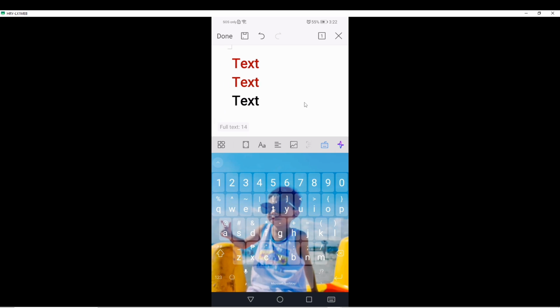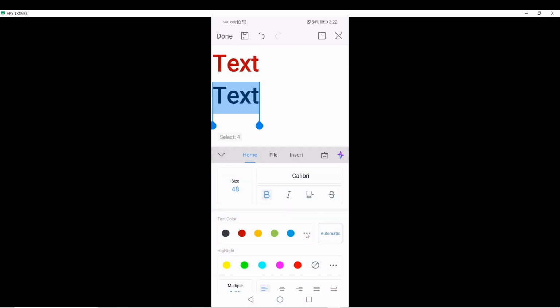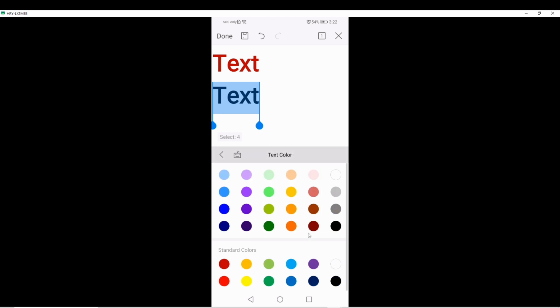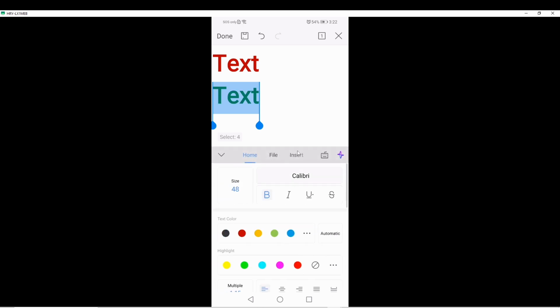If you want more variety or specific shades, tap the three dots located to the right of the suggested colors. This will open a larger color palette, giving you access to additional colors and options. You can experiment with different shades to make your text stand out, create emphasis, or match a particular theme in